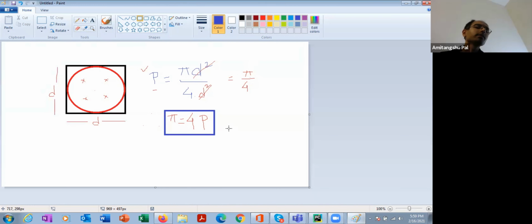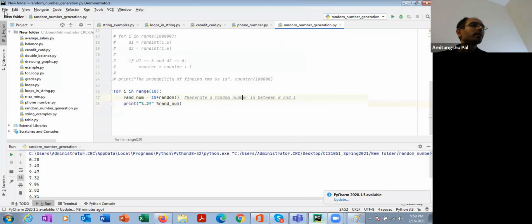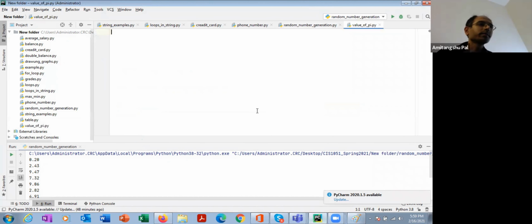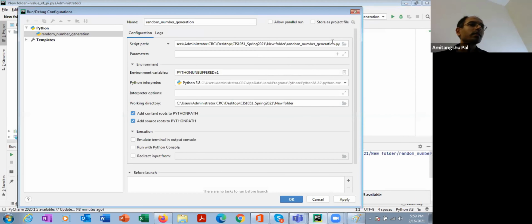All right. So let's implement this and check whether I can indeed get the right value of pi or not. Let's write a program. Value of pi. Let's read some of the previous programs.